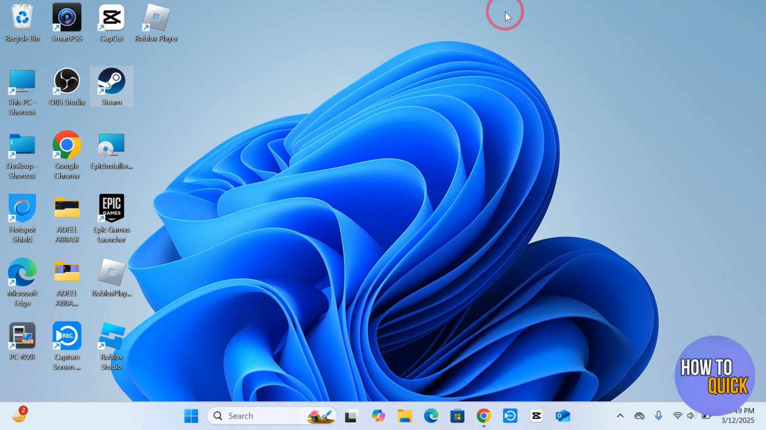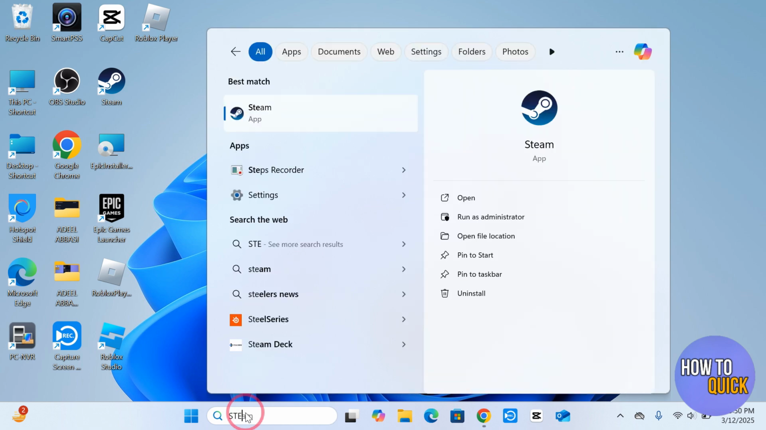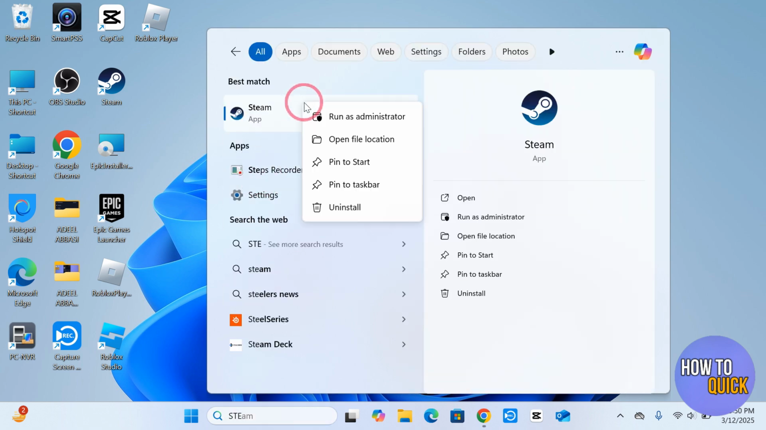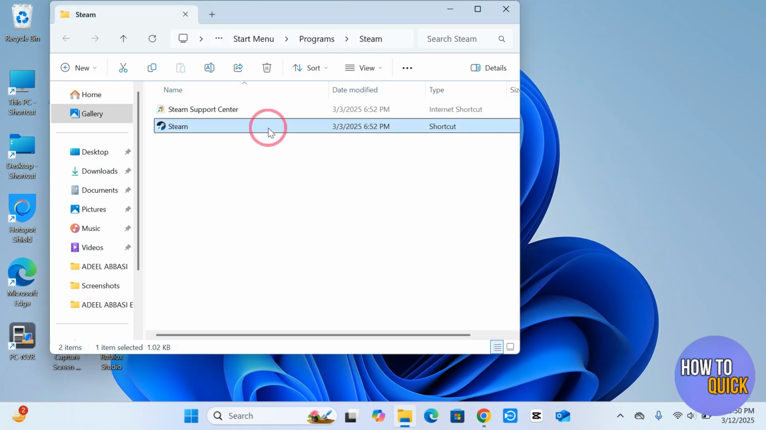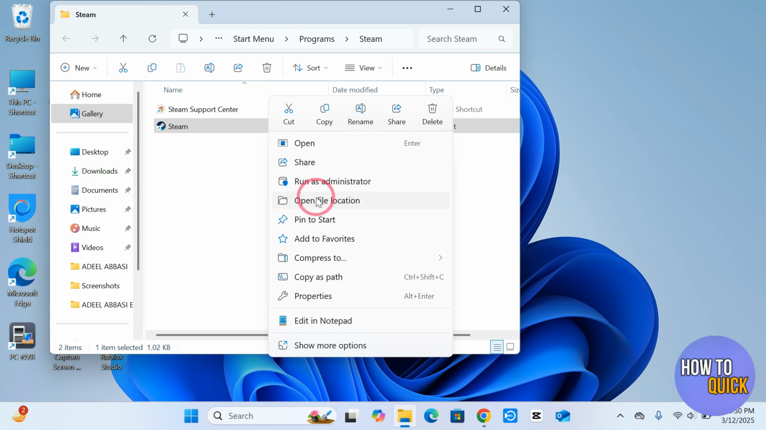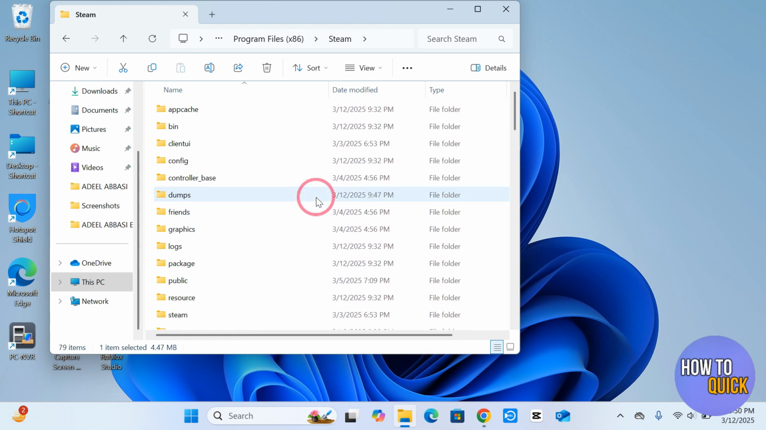Now try loading the Steam application and see if it has helped you fix the Steam Webhelper that wasn't responding earlier. Now if it still doesn't work, just go to the search bar again, type Steam, and then you have to right click on it and then click open file location, and then you have to right click on this again and then choose open file location again, and then you have to scroll all the way up until you